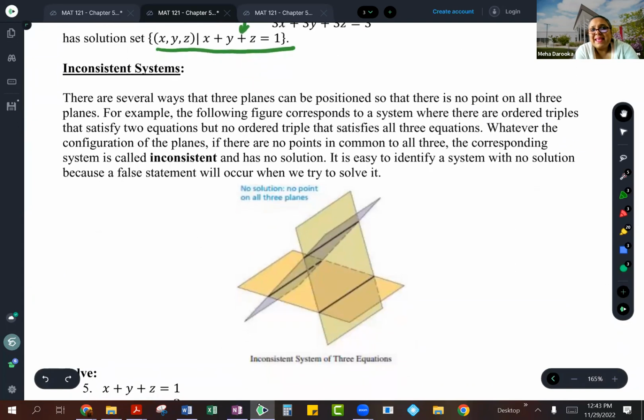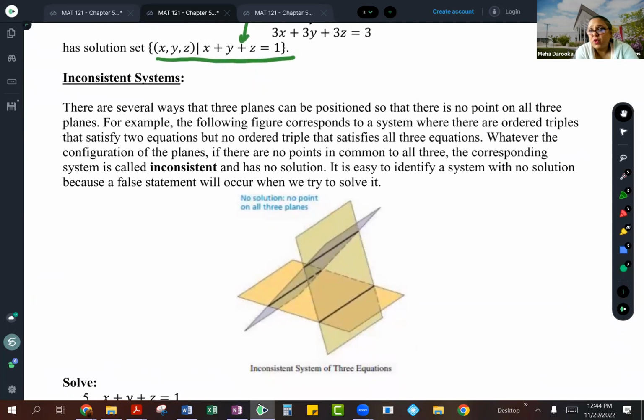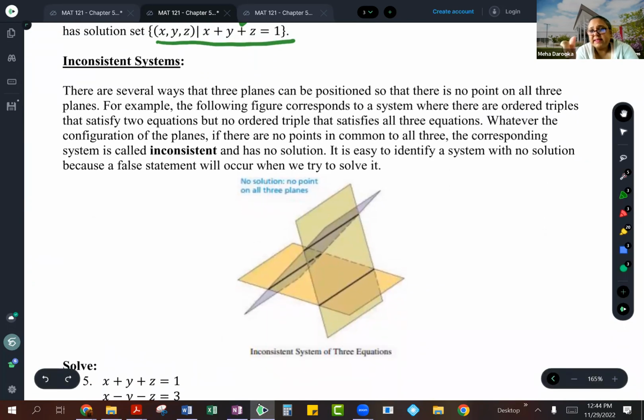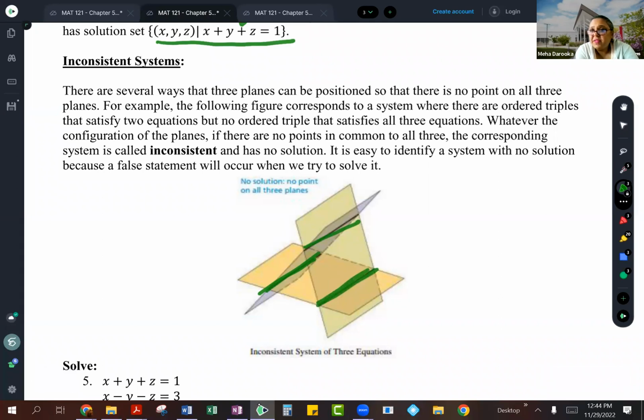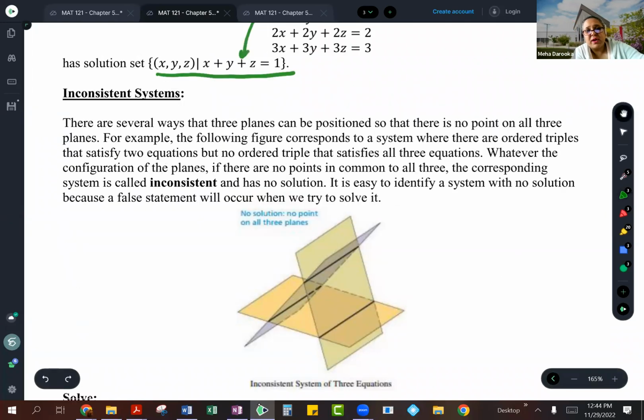Now, when we're talking about an inconsistent system, this of course means you have no solution. And I think this was a pretty neat illustration to show you that 2 of the planes are intersecting. So we can definitely see like these 2 planes are intersecting over here, or this one at the bottom with the one on the left is intersecting here, or the bottom and the right is intersecting here, but all three of them don't have a single point which is common between all three of them. And that's why you are ending up with no solution, because we want all three of the planes, in whatever order they are placed, to have at least one point which would be common, kind of like we saw in that first example